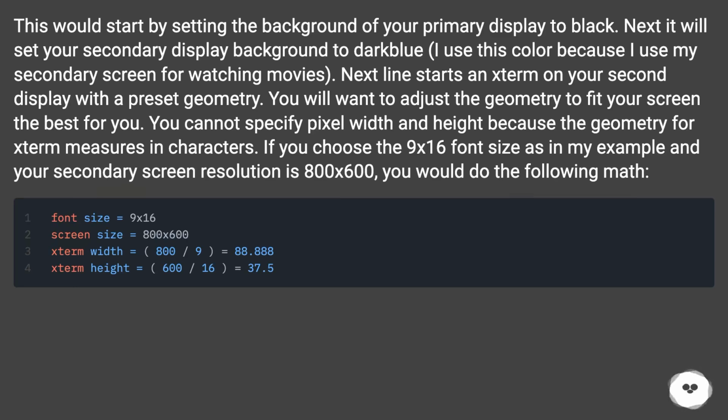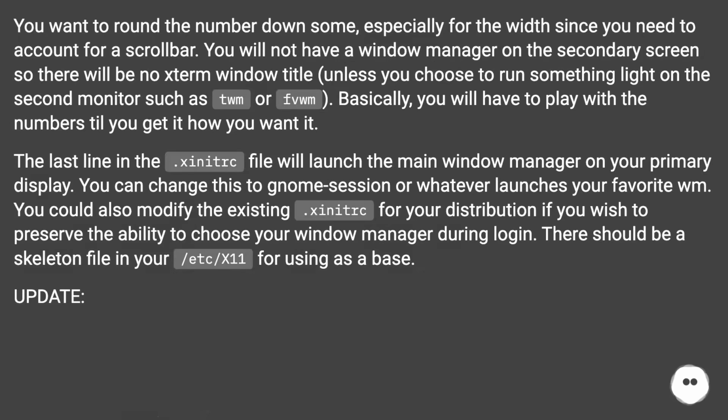You cannot specify pixel width and height because the geometry for xterm measures in characters. If you choose the 9x16 font size as in my example and your secondary screen resolution is 800 x 600, you would do the following math. You want to round the number down some, especially for the width since you need to account for a scroll bar. You will not have a window manager on the secondary screen, so there will be no xterm window title,